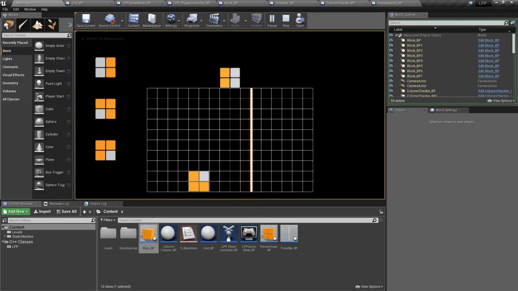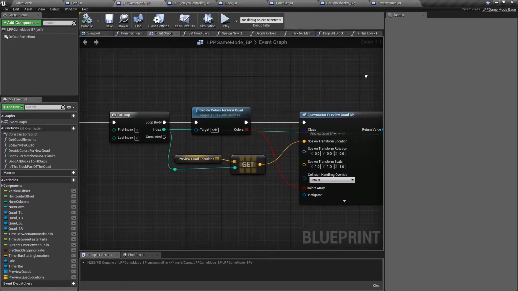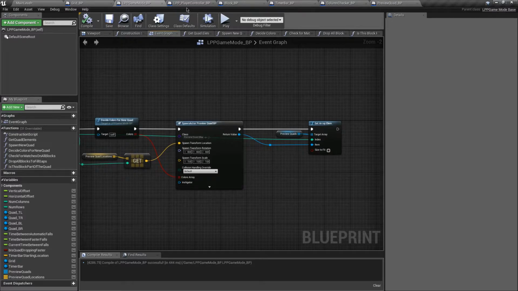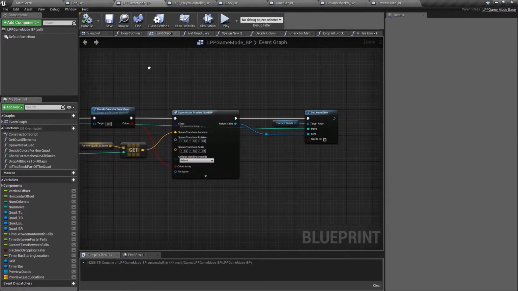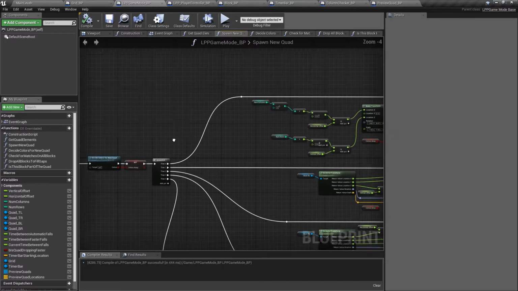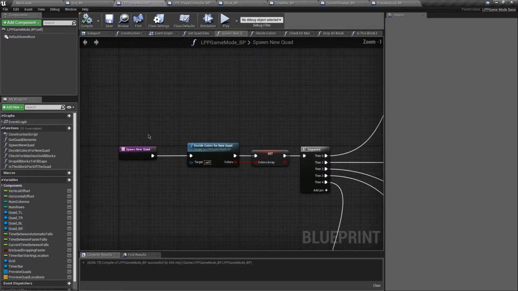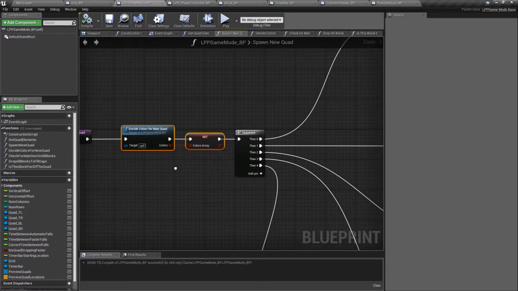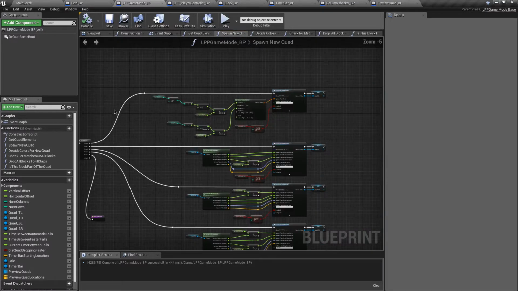So after we spawn in these 3, we don't need to change what we're doing for the spawning in of the players, because it can just be its own thing. But once we do need to do that once at the beginning, and then we need to do something different than we're currently doing for every subsequent player quad. So right now it's getting the colors array from the return result of decide colors for new quad. So let's go ahead and remove decide colors for new quad from spawn new quad, because we're going to be doing this once at the beginning of play, and then we're going to be instead feeding these in